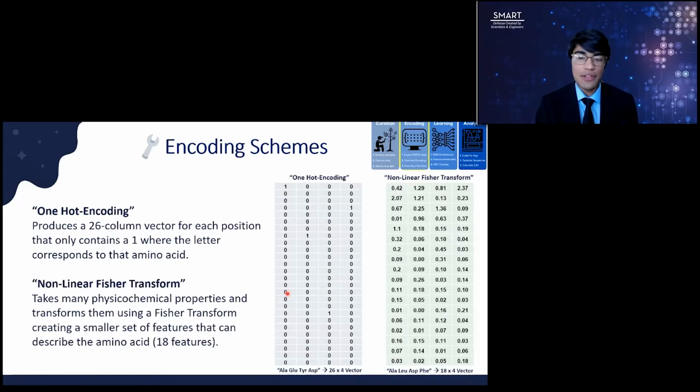So over the last couple of years, I've been learning about natural language processing, or NLP, which is one of the most fascinating cross-sections of linguistics and AI to me. To train the recurrent neural network, my data had to be encoded as a set of time steps. Each time step would represent an amino acid in the sequence. I experimented with 2 main types of encoding: one-hot encoding and nonlinear Fisher transform from physicochemical properties of amino acids. It was really interesting to see how these amino acids could be encoded in different ways, as if they were just numbers.